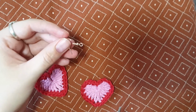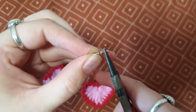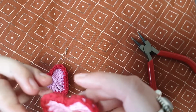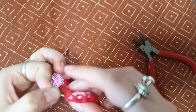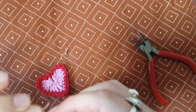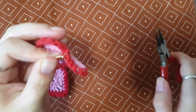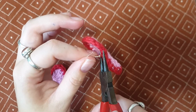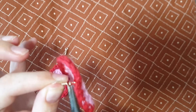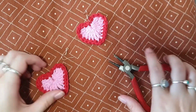We're going to now grab our hook and our pliers, and we're going to open up the bottom of it, get our heart, and then where we did the slip stitch in the center, insert the hook, grab our pliers, and then just close up the circle. Close up the hook and grab the next one,